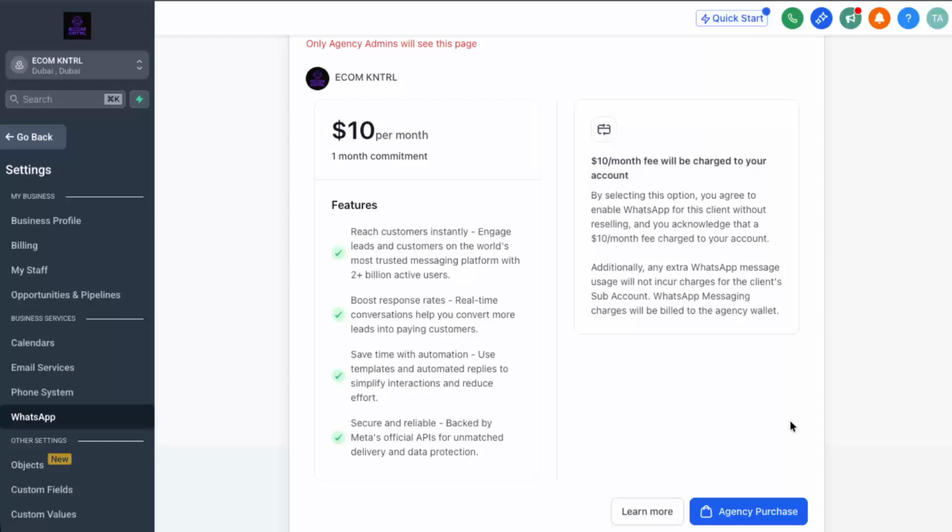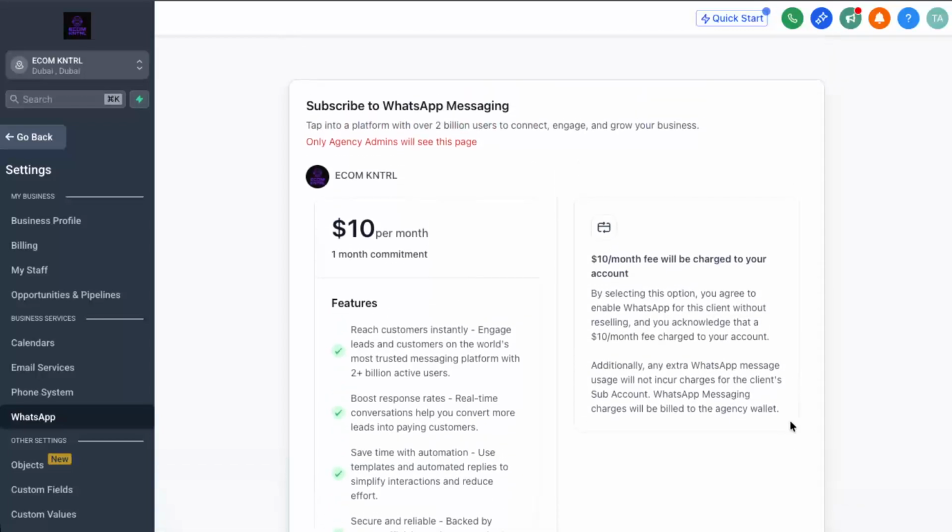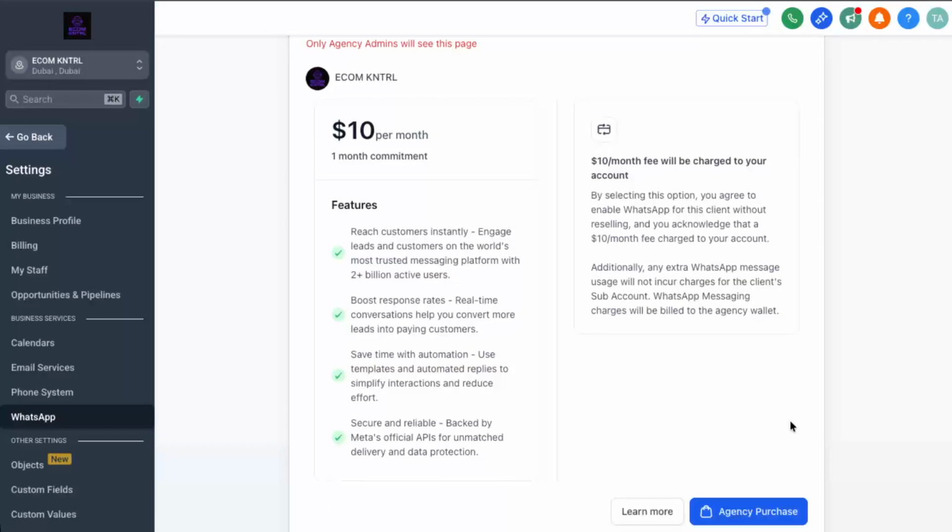These usually include confirming your messaging provider, selecting or verifying your phone number, and agreeing to any usage or billing details. Take your time to read each screen so you understand how messages will be billed and which number will be connected. Once you've completed that purchase flow, WhatsApp will be linked to your GoHighLevel location, and you'll be able to use it in your conversations, workflows, and automations, depending on your plan and settings. And that's it. You've gone from the Launchpad into settings, into the WhatsApp section,